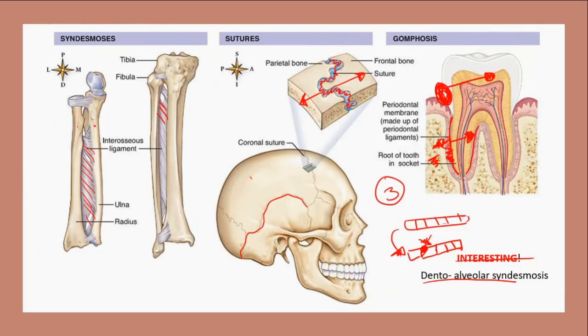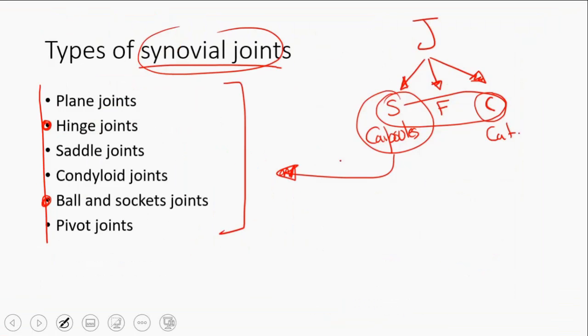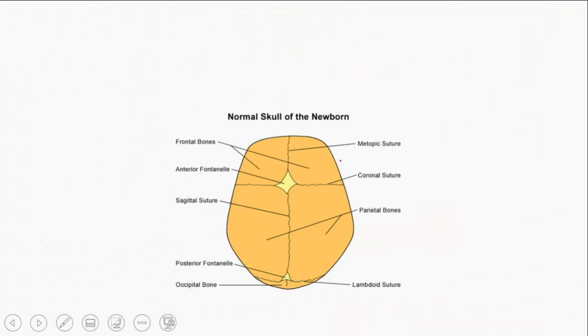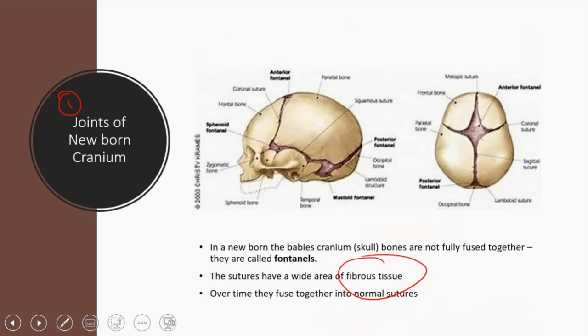Here, you can see the fibrous joint is really, really narrow, so it creates suture lines as if it's glued the skull together. But this is in an adult, okay? In a newborn child, these suture lines are not fully formed yet. They're not fully matured. So the baby is born, yes, with fibrous tissue between the bones, but it's slowly gluing